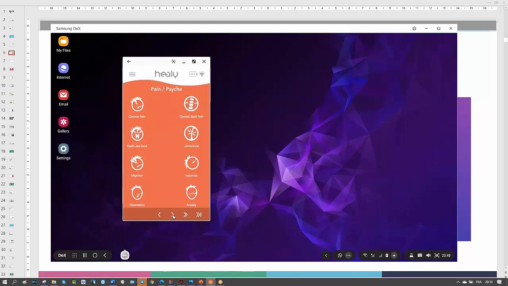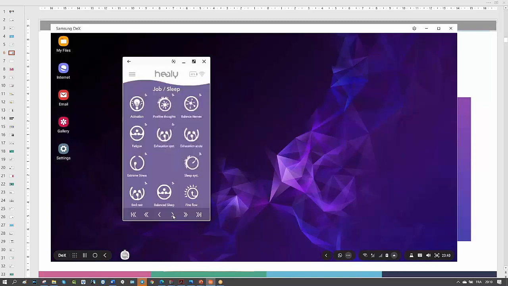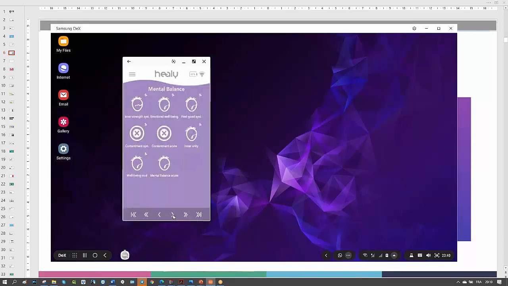Here is the pain and the psyche, like for the depression and anxiety. Here we have learning, all the program for the learning. Here we have all the program for the fitness, the sport, the athletes, the job and the sleep. And you can see, we have all those icons, the mental balance, the beauty and the skin, then the bioenergetic balance, which include the immune system and the nerves and the